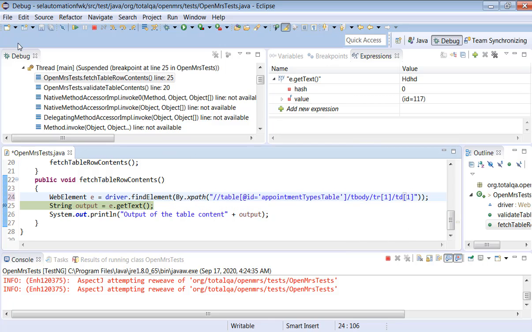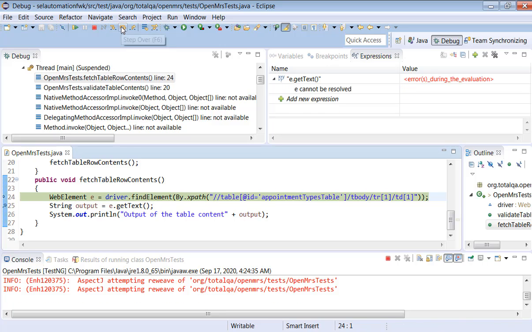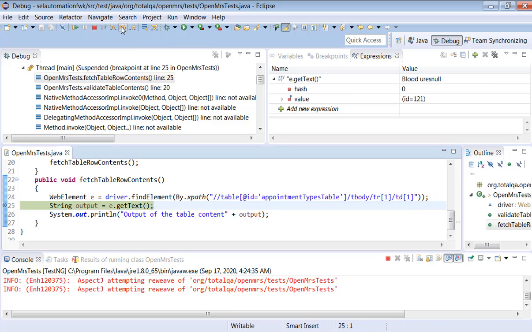Suppose table data of 1, select, save it. Suppose table data of 2, table row of 2, save it. Dermatology. So any XPath we can try during runtime, during debugging.